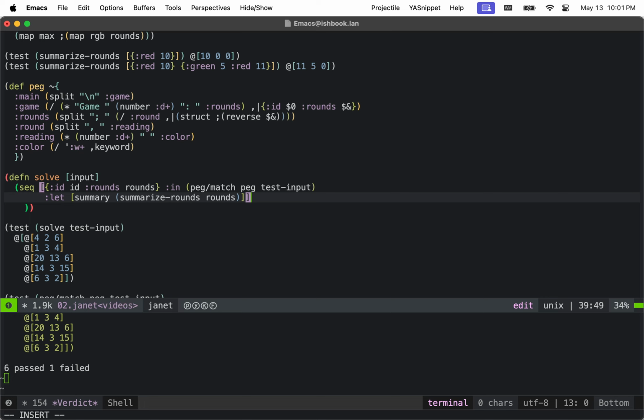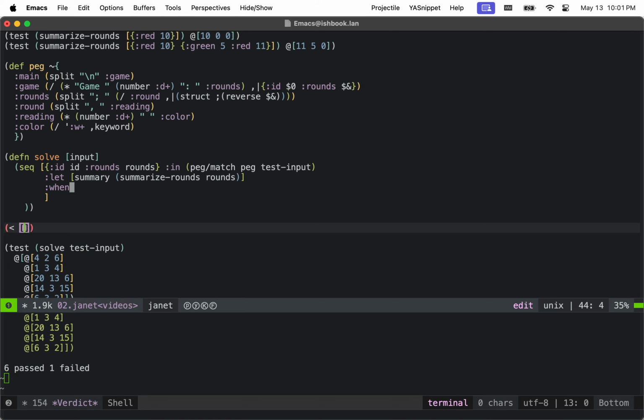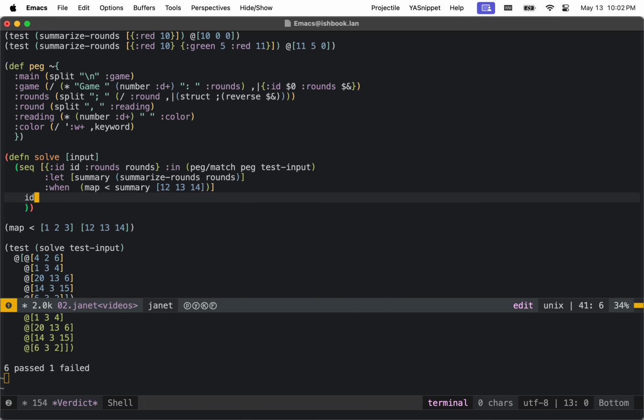So I'm going to be using this loop DSL syntax a little bit here. So I have the summary, then I want to say when, and basically when, I want to say like when 1, 2, 3 is less than my 12, 13, 14. But I can't just call less than directly like this. I sort of want to zip the less than over the two lists, so I'll just use map again. So when map less than, when the summary is less than our 12, 13, 14, then take the ID. So that will give me all of the IDs matching